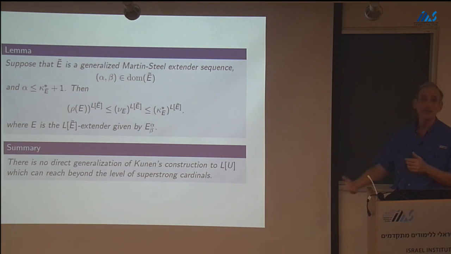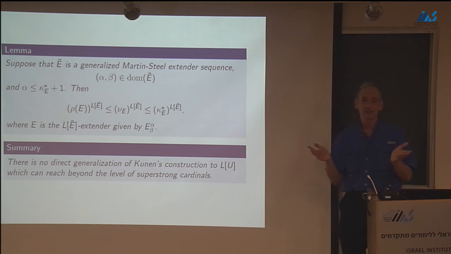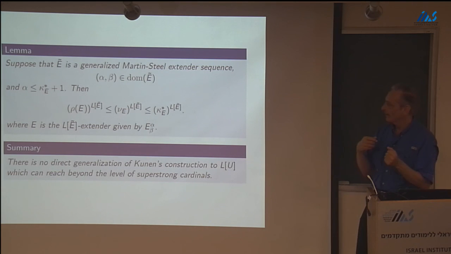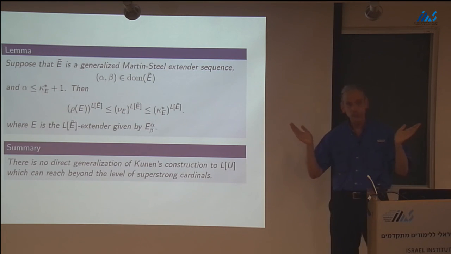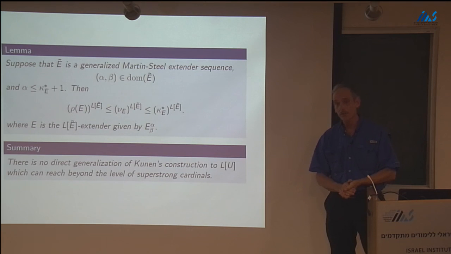I'm going to go one level deeper. So we tried for the simplest way, generalize LMU, construct from a coherent sequence of extenders, see if we can get a model that approximates L, at least as far as the reals are concerned. Okay? And you can't do it. You can only get up to super strong. So there's something happening. So now the next level of models are the true fine structure models. These are called partial extender models, and we're going to now investigate those.